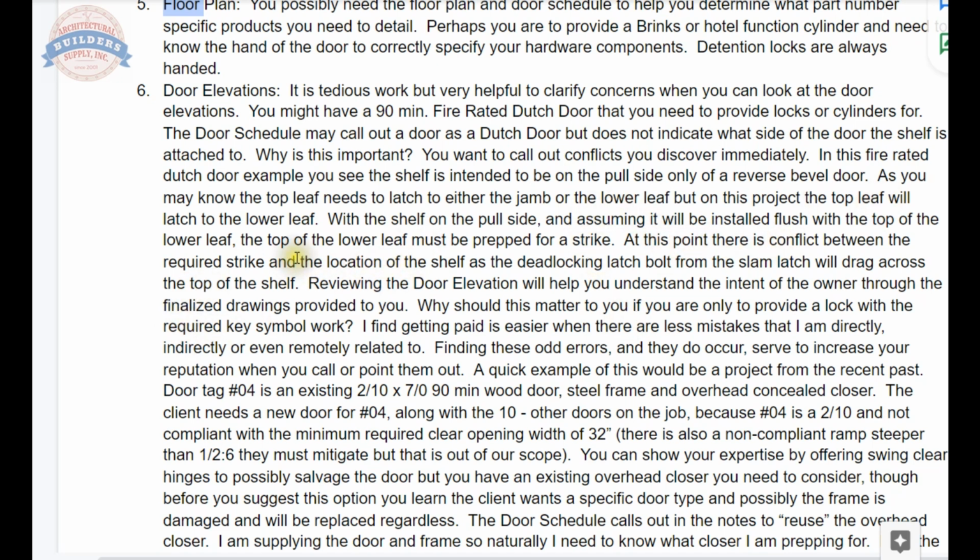So there's a conflict between the strike and the position of the shelf. Reviewing the door elevation will help you understand the intent of the owner through the finalized drawings provided to you. Why should this matter to you if you're only providing a lock with the required key symbol work? It's because I find getting paid is easier when there are fewer mistakes that I am directly, indirectly, or even remotely related to. Finding these odd errors, and they do occur, and they occur because